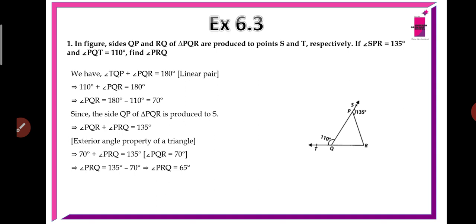Now you can solve like this, or for example you can use the angle sum property of triangles. As you have taken the linear pair at Q, same way at P also you can take a linear pair. That is, the P value will be 180 minus 45, which is 135. Then P plus Q plus R equals 180. By that also you can get the R value as 65. So either way you can solve. Here we have different ways to solve using different theorems. The easiest way is taking the exterior angle property of triangles.